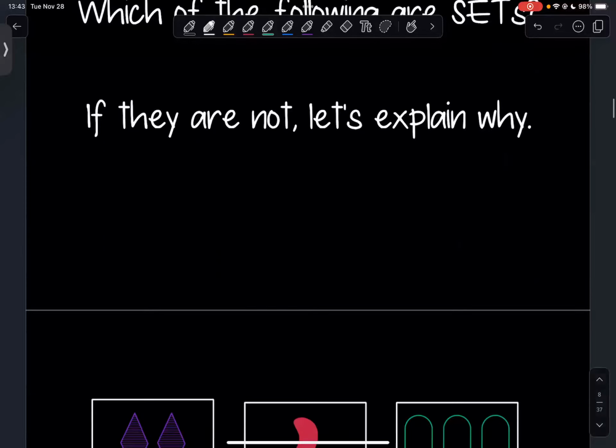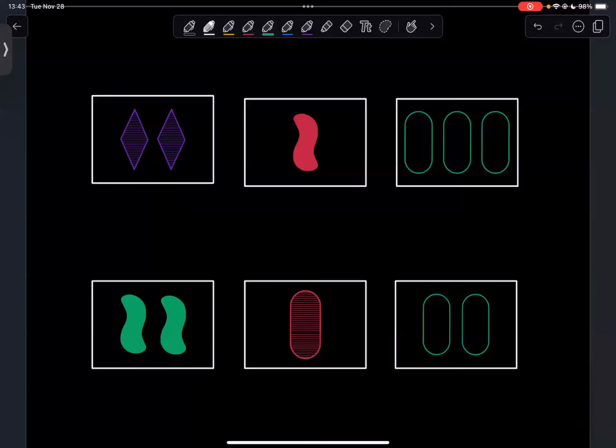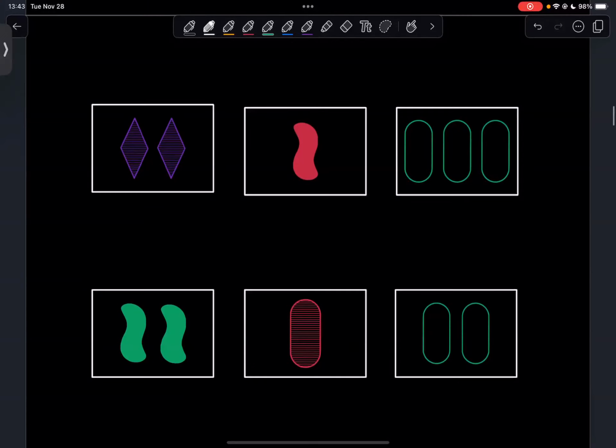Okay, so let's look at some collection of 3 cards, right? Because the first thing we need is 3 cards where within each characteristic, they either have the same attribute or different attributes. So we're just going to look at the first set of 3 here. Okay, in this first card, we have 2 purple diamonds that are striped. And then we have 1 red filled-in squiggle, and we have 3 green empty ovals. Okay, so we can think through these together just because this is still pretty new.